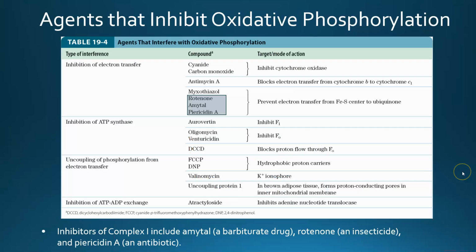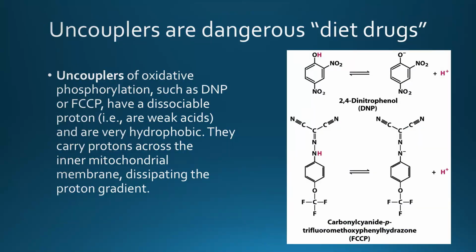At any stage of the electron transport pathway, if you have a molecule that inhibits that particular stage, then it's going to block the electron transfer at that point. Some of these are pharmaceuticals that are drugs that may be used in humans, may be used to kill insects, or antibiotics. Since the proton gradient that is created from the electron transport chain is obligately coupled to the oxidative phosphorylation, anything that can diffuse that proton gradient without making ATP is called an uncoupler.